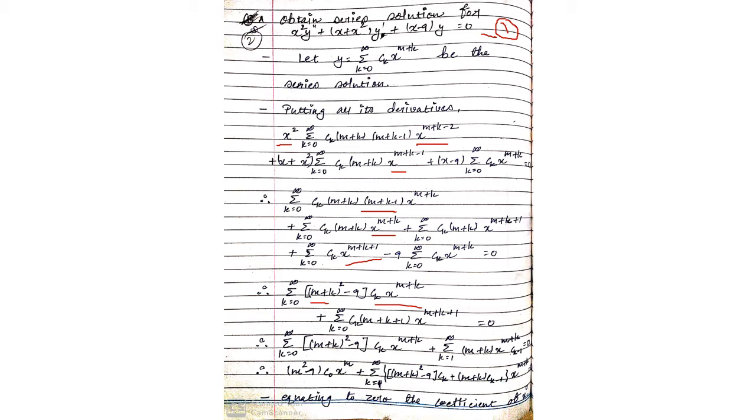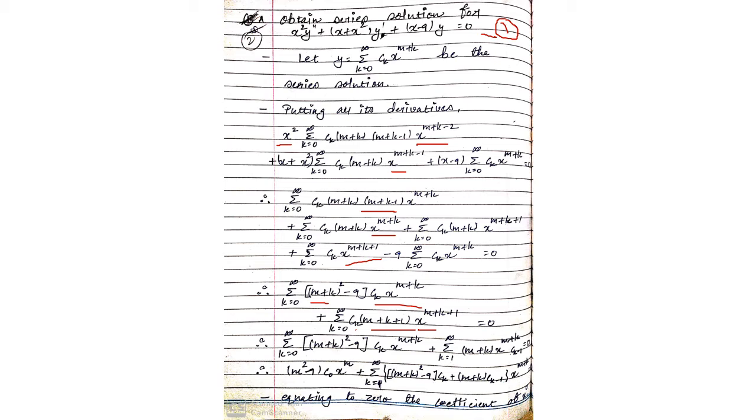Now see the third and the fourth term. These both terms have a similar power, and that is given, m plus k plus 1. So again keeping common from both these terms, summation as it is, here ck as it is, and the x term as it is, that is x raised to m plus k plus 1. So the remaining term will be here m plus k only, and here plus 1. So m plus k plus 1. Hope you all understood, guys.